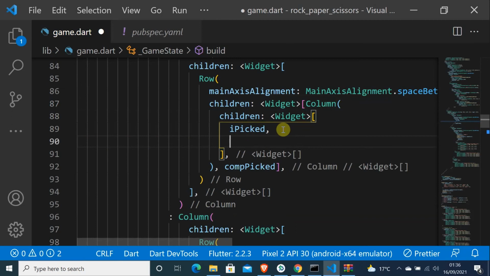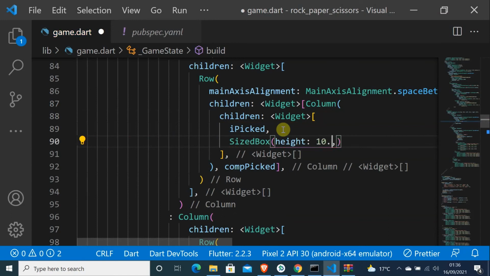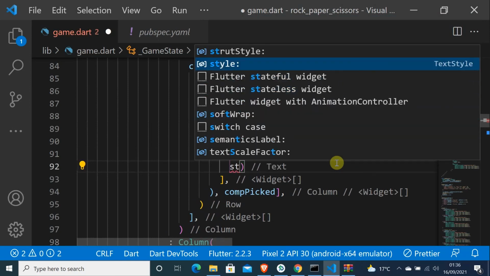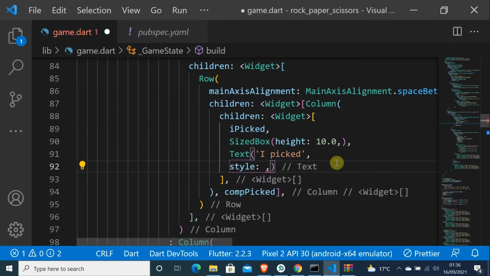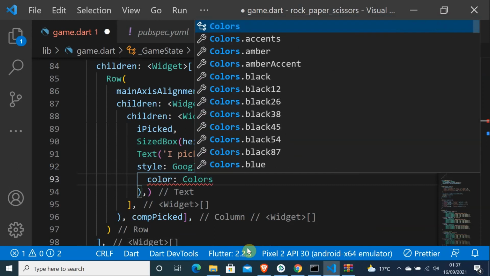Let me do just sized box height to be 10.0, and let me do text, and the text will be I picked, and then undo style, and do Google fonts, and then the bar low semi condensed, and do color, and colors it will be white,